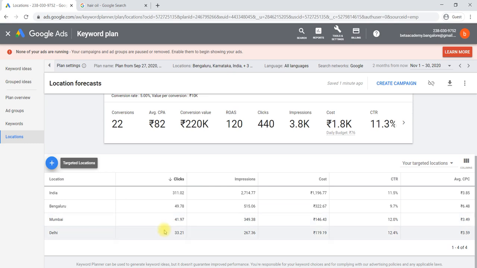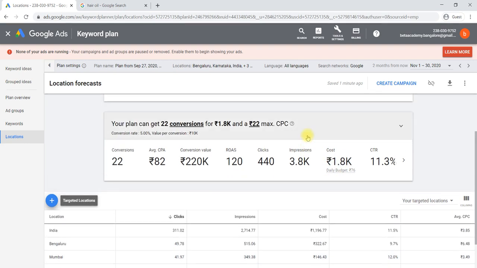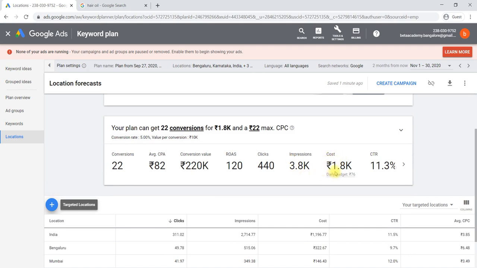Like this it will help your promotion, in the sense of where exactly I need to promote my product. If you are promoting location-wise, what the cost would be will be shown.